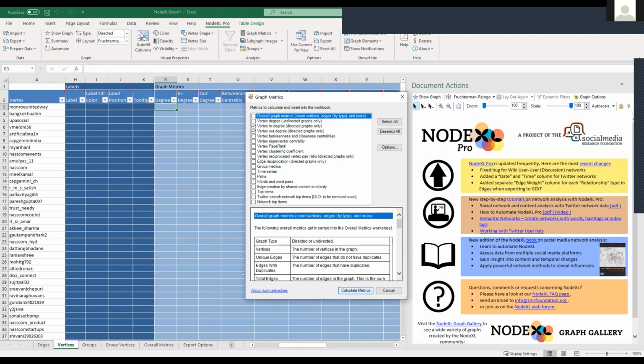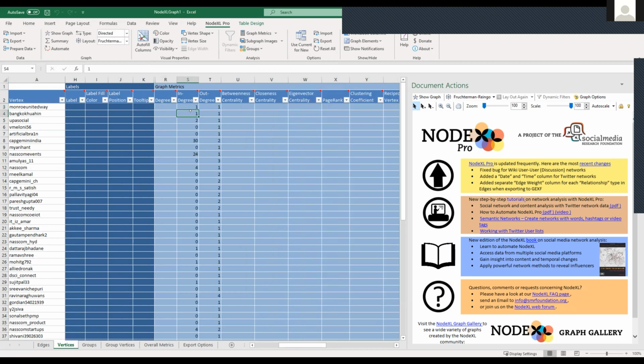I'm sure gagana. Ayun. So you see here na may laman na yung in degree and out degree. What this measures is the number of inward and outward connections you have. So an inward connection in the case of Twitter is kapag minention ko si Tim, meron siyang isang inward connection galing sa akin. So that's measured in degree. And then that's the total inward connections that you have. Outward is just the opposite of that. So meaning it's a connection that you initiated. So if I mention Tim, meron isang out degree. And that's what this captures.